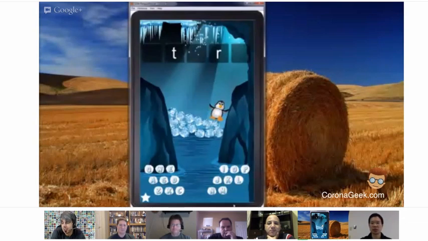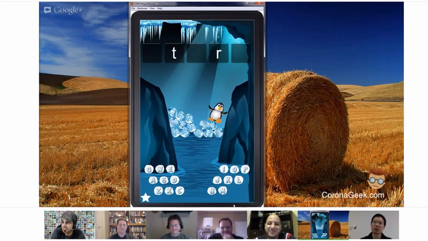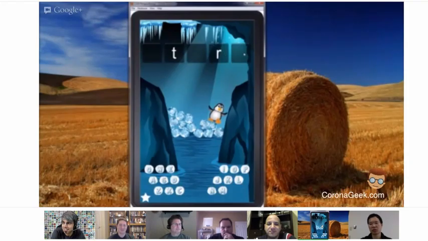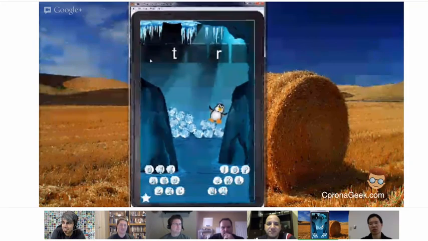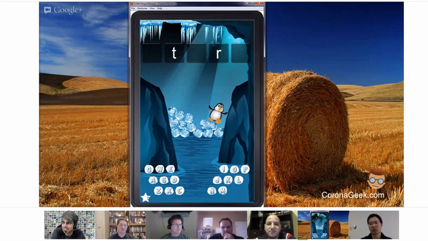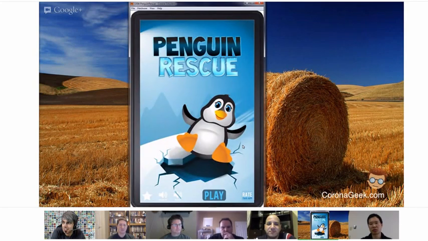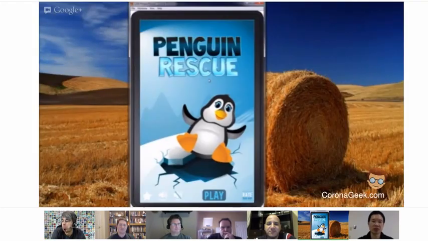So it's a unique way of doing a Hangman style game without actually hanging a person, because we're trying to stick with the children's theme. So we want to make sure we don't offend anybody. It's a good idea. And what happens to the penguin? Does he fall through? Is that just it? Yeah. Once you get the word correct, then he'll fall through and escape from the app at that point. Oh, so you're setting him free. Yes, so you're actually rescuing him.